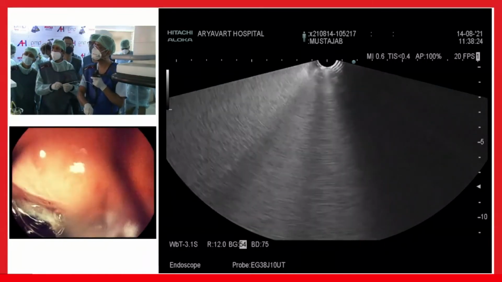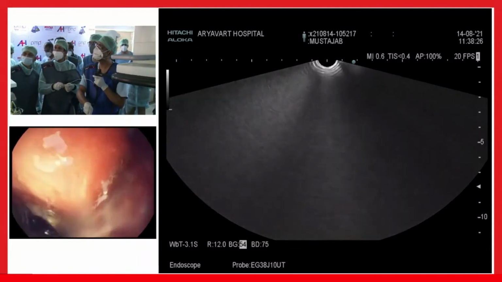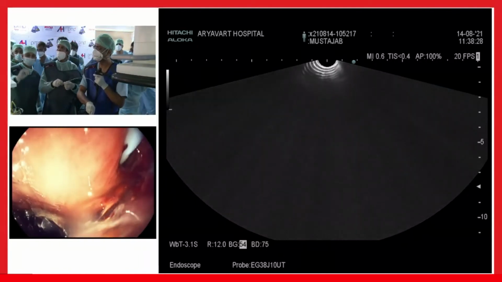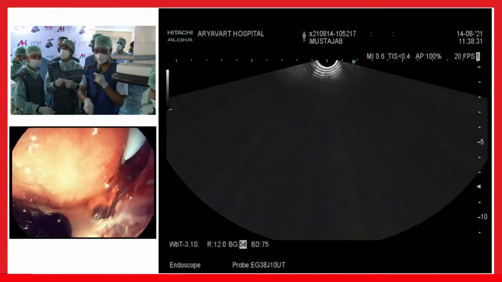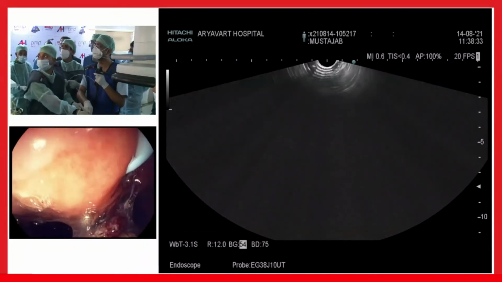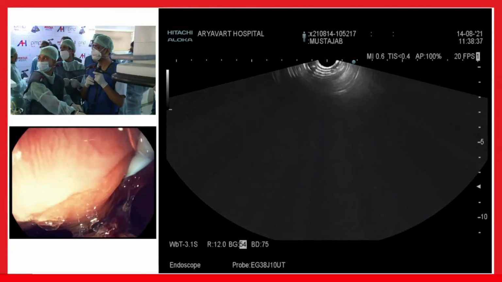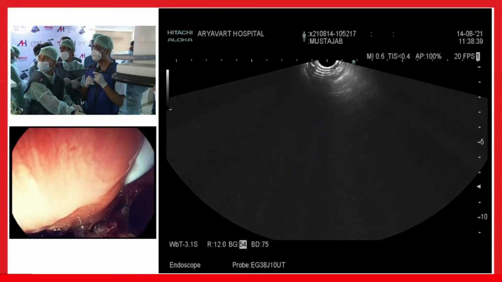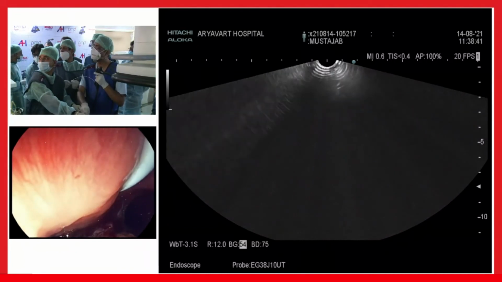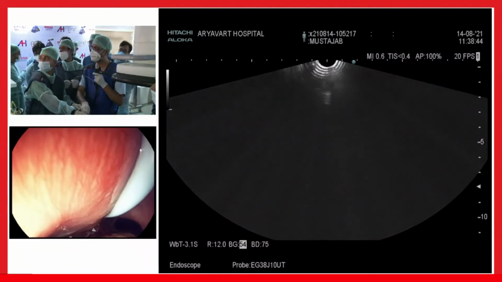Where is it visible? Yes, here is the stent. Just hold it like this. So I think the first is gone. Yes, this is the first one. So the first is gone. Push it slightly, then slightly withdraw it so that you have enough space to